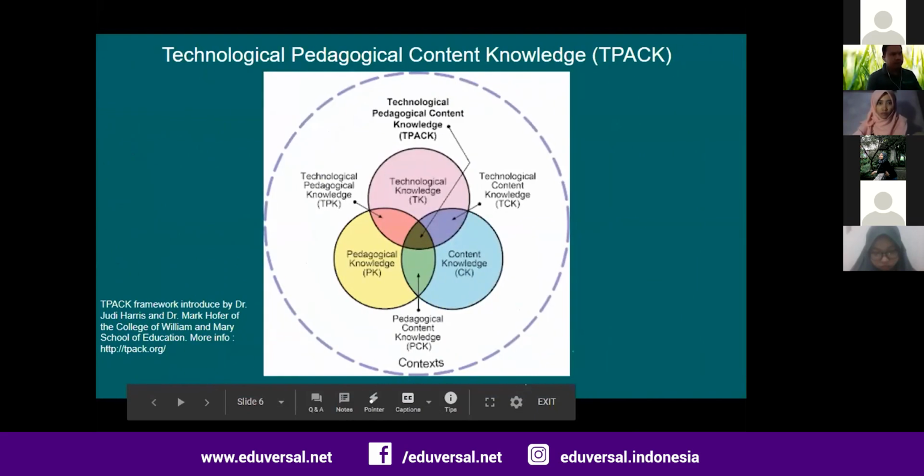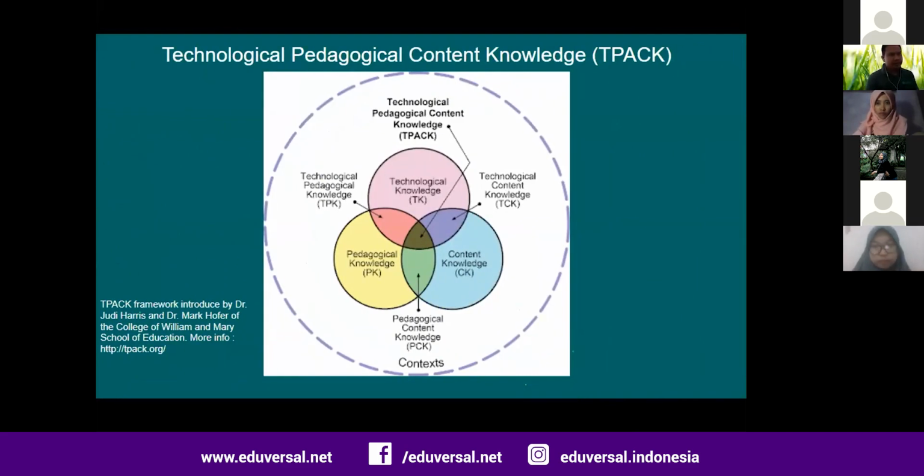And as I mentioned in our overview, we will talk about this technological pedagogical content knowledge. It was introduced by Dr. Judy Harris and Dr. Mark Koehler. They are educators dealing with this conceptual or theoretical idea of how technology can be integrated into a learning process.